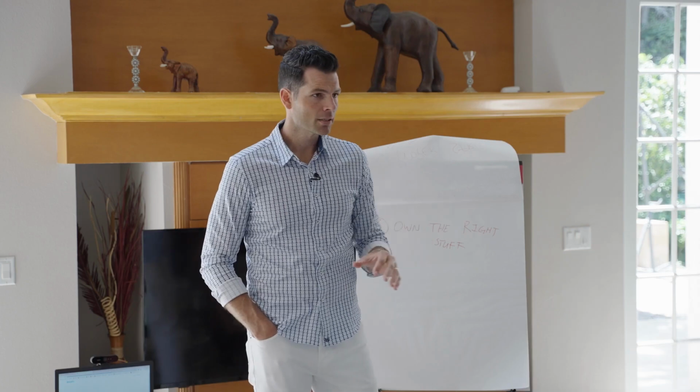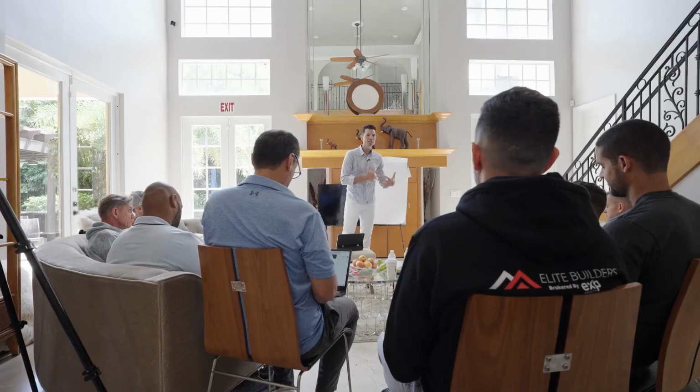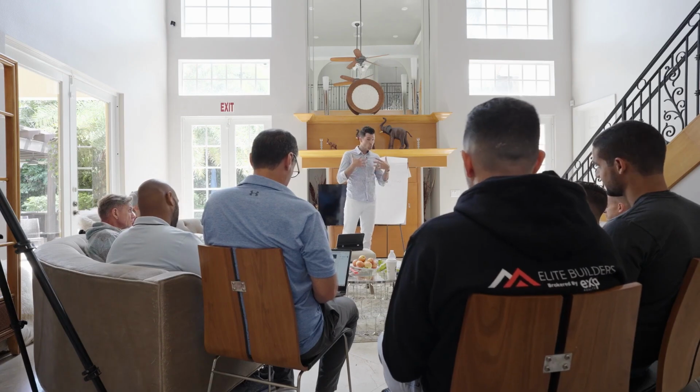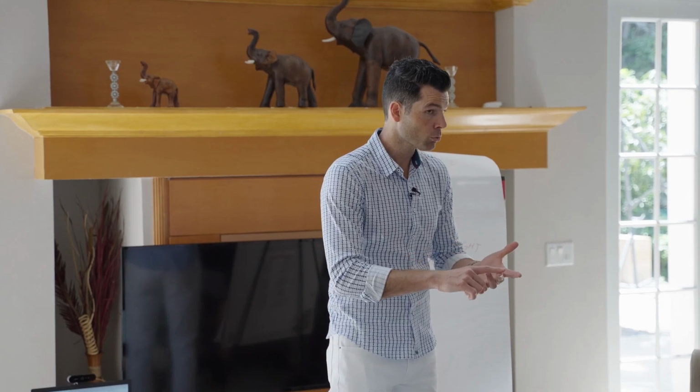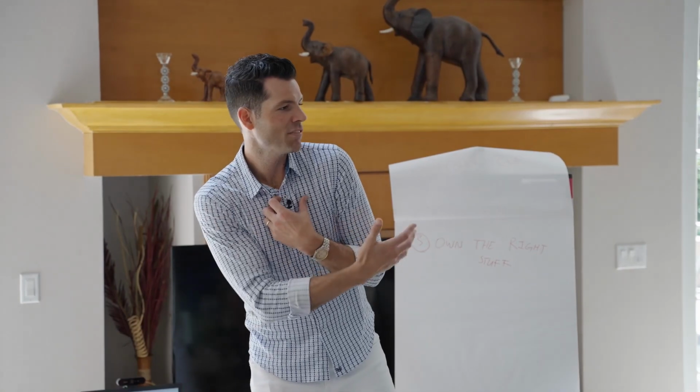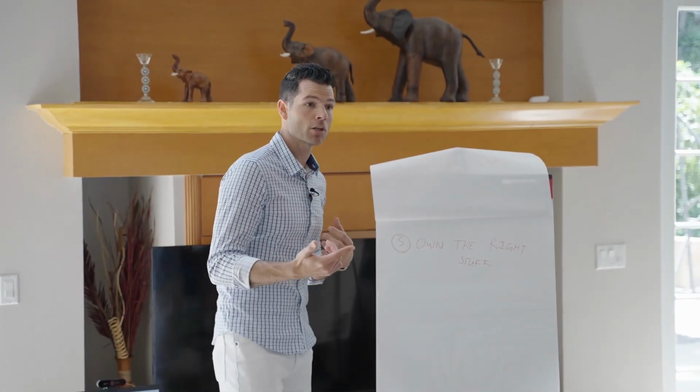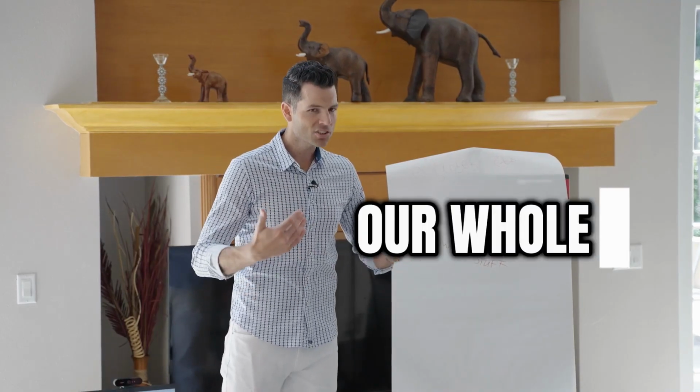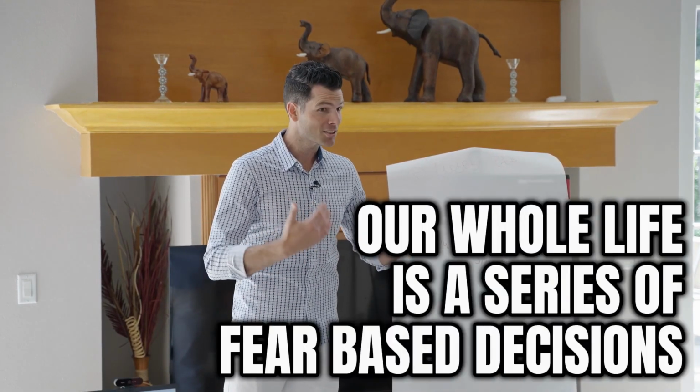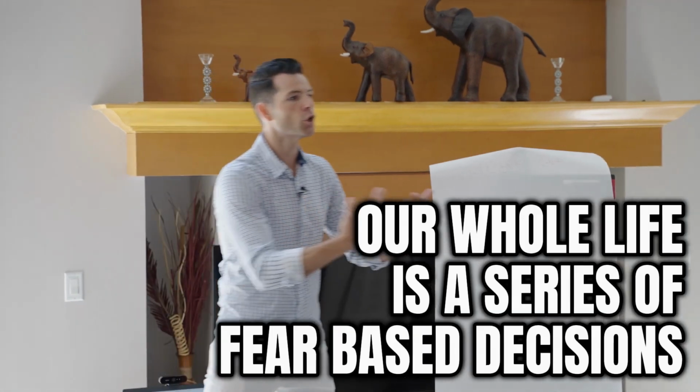And let's engage with that for a second. Something, and I don't mean to call you out at all, something happened in your childhood that made you fear not having enough money. And those are real events. So here's what we do. Rather than engaging with that trauma event in a way where we don't let it define us, don't let it shape us, and work through it, we actually lean into an identity that we feel like gives us safety from that fear. And so he talks about in the book, our whole life is a series of fear-based decisions, leaning away from the things we've learned to fear.